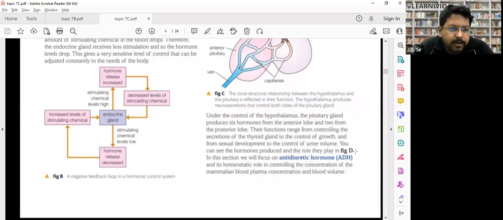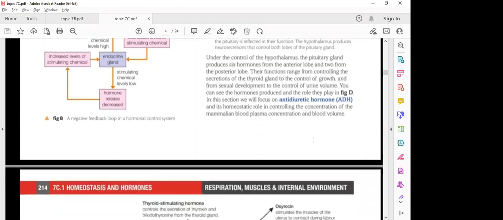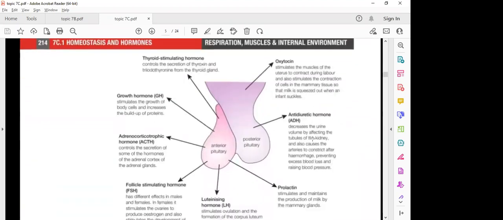During this time, what will happen? Adrenaline, meaning ADH, will be secreted. ADH will reduce the rate of formation of urine, and it will save more water. That's how ADH works. Got it? Okay. 100% clear? Yes. That is the ADH.